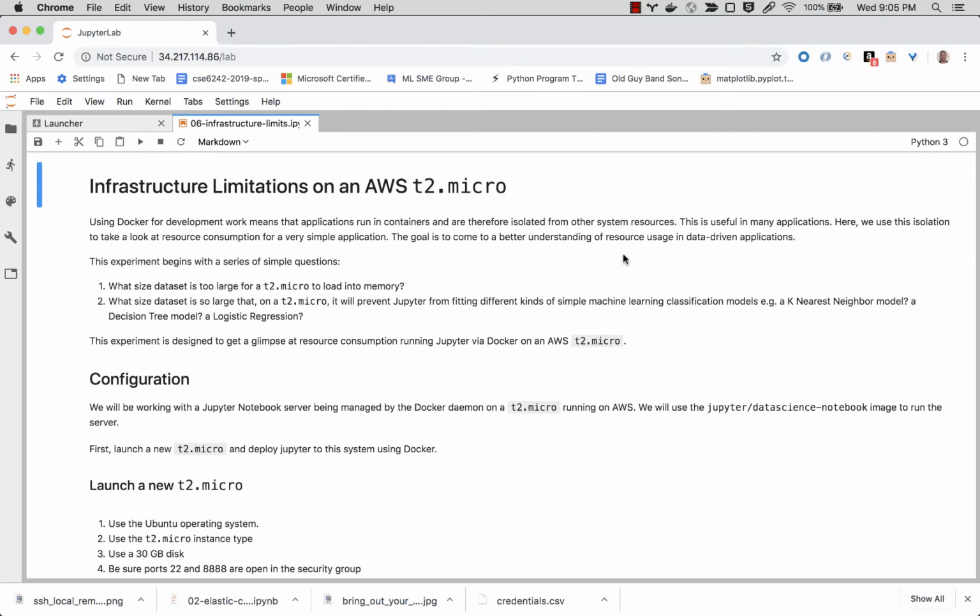Okay, here I've got a JupyterLab running on my EC2 instance, and we're going to get started with this infrastructure limitations experiment. So basically, we've got two questions that we're going to try to answer here. One is what size data set is too large for a T2 micro to load into memory, and the other